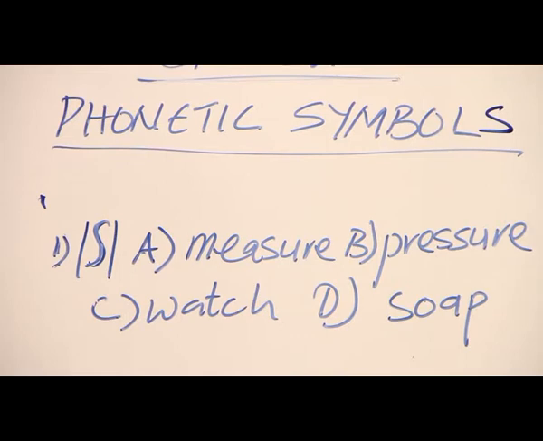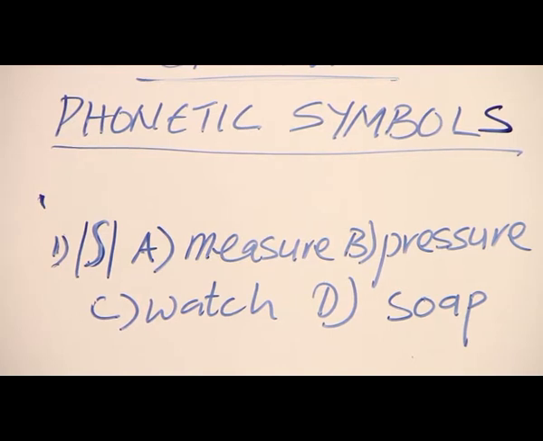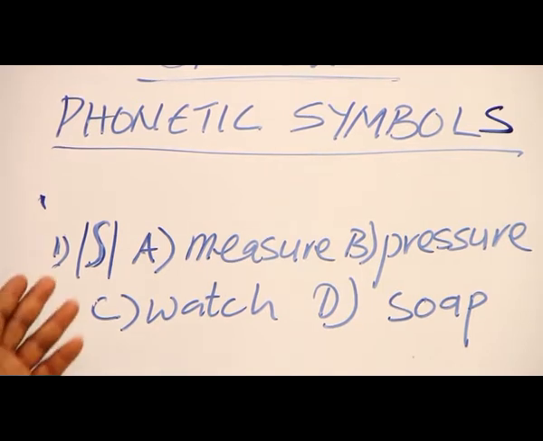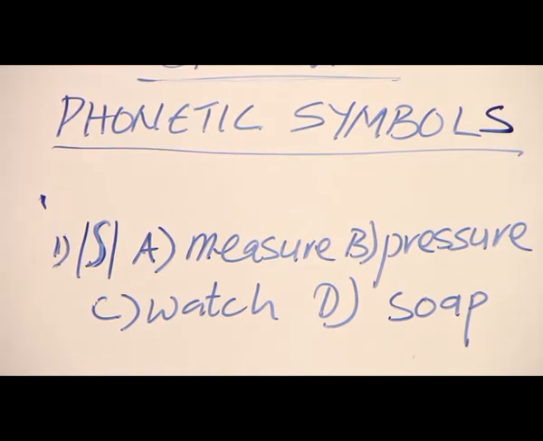It's easier because you won't need to look for the sound in a given word. All you need to do is to look for the word among the options that has the sound represented by the phonetic symbol given. Now, we'll move on to question 1 that has this fricative, the post-alveolar voiceless fricative